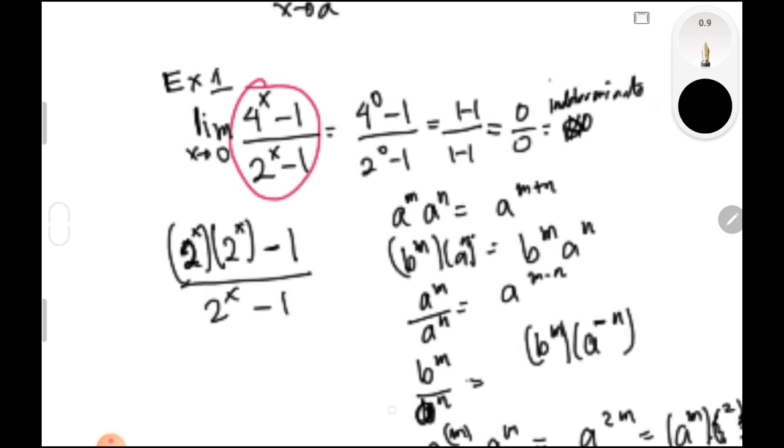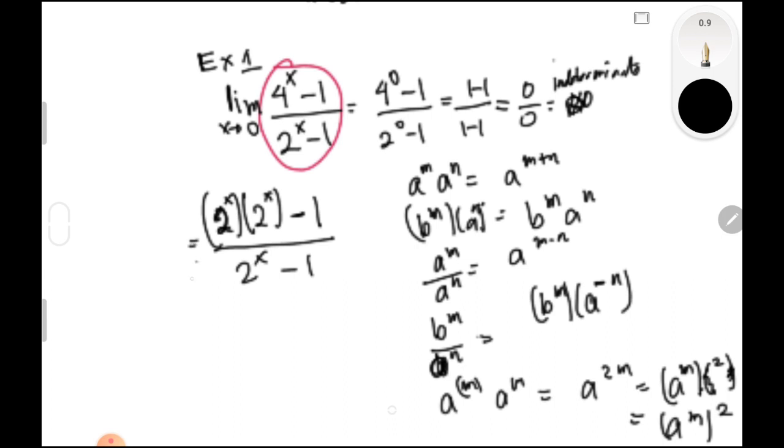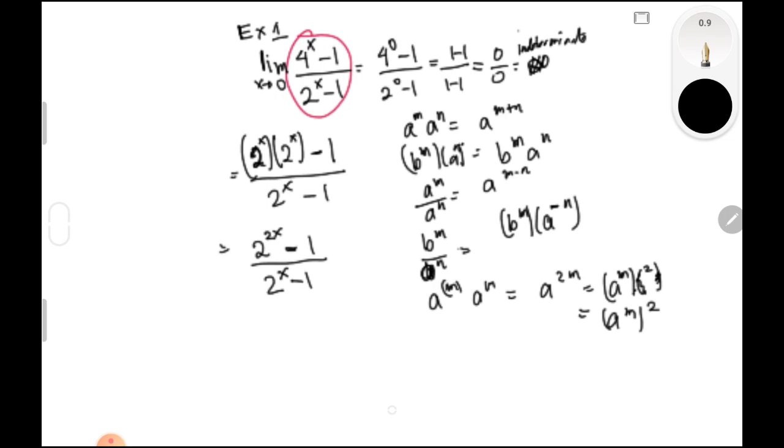Okay, so from that we may say that 2 raised to x plus x is equal to 2 raised to 2x minus 1 divided by 2 raised to x minus 1. So from there we can say that 2 raised to 2x minus 1 can be factorable into 2 raised to x, squared, minus 1, all over